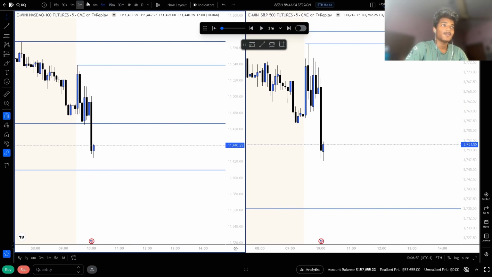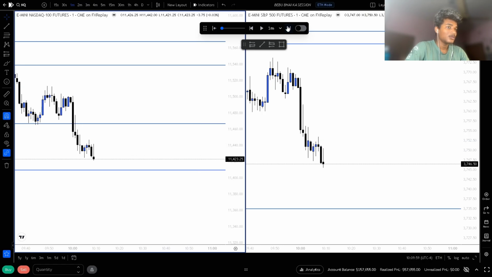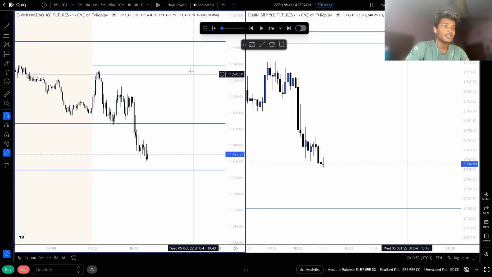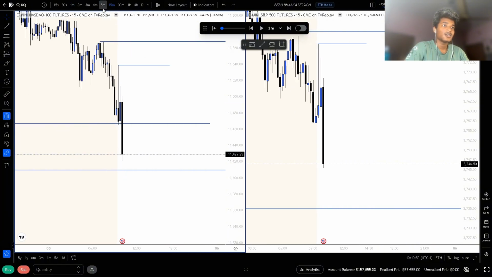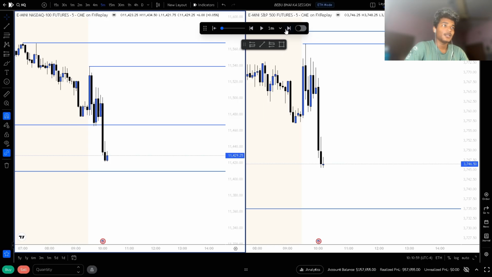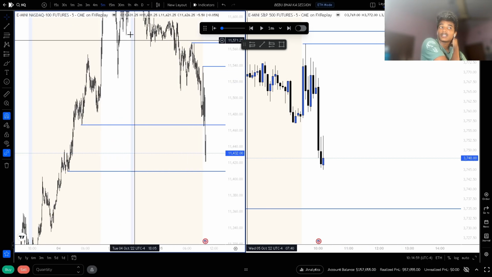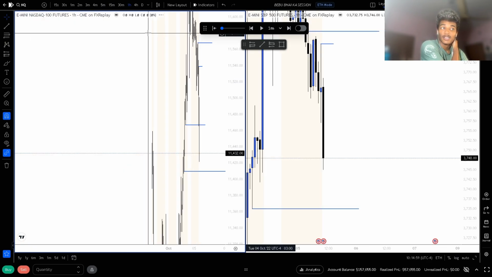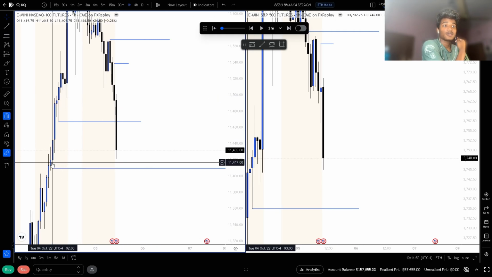Let's see what will happen. We have so much low resistance above us as well. So we generated a new 5-minute gap, and if this 5-minute gap gets inversed, I will actually be in longs. So the market is giving a nice shot at this point of time, and the target is gonna be this unmitigated gap.